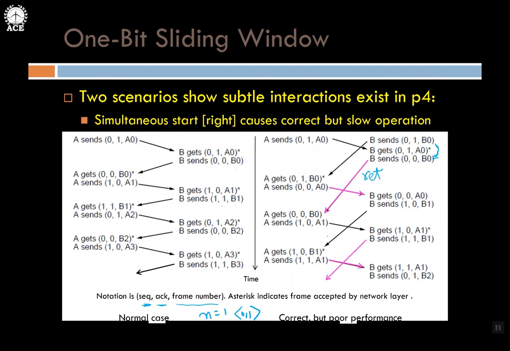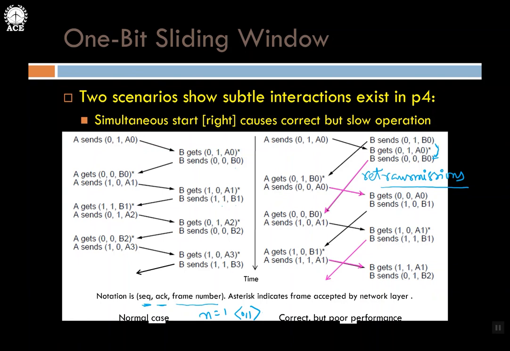Why? Because by the time this has been transmitted, A1 has not been received by B. So that's why B sends again the acknowledgement for what it has received so far and then continues. So these pink lines basically indicate the poor retransmissions that are happening here, because of which it leads to poor performance. Of course, there is no flaw here, except that there are multiple retransmissions that are taking place. So let me write it here. There are multiple retransmissions that are happening here. This is not desirable. But we can't help it. How to overcome this, we have to see in the next set of protocols.